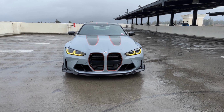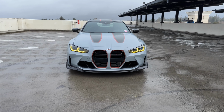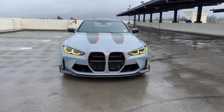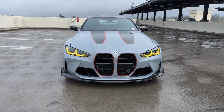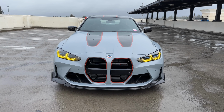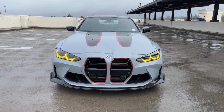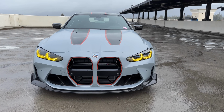This one is in Frozen Brooklyn Gray. That's one of 3 color choices, and Frozen Brooklyn Gray was a premium color. Other choices were Alpine White and Black Sapphire. You can also choose to delete or keep the sort of red pinstripes around the vehicle, and we'll go over those momentarily. So up front,